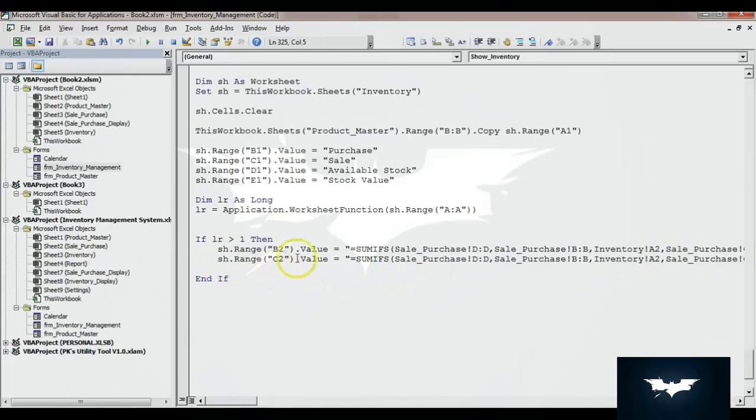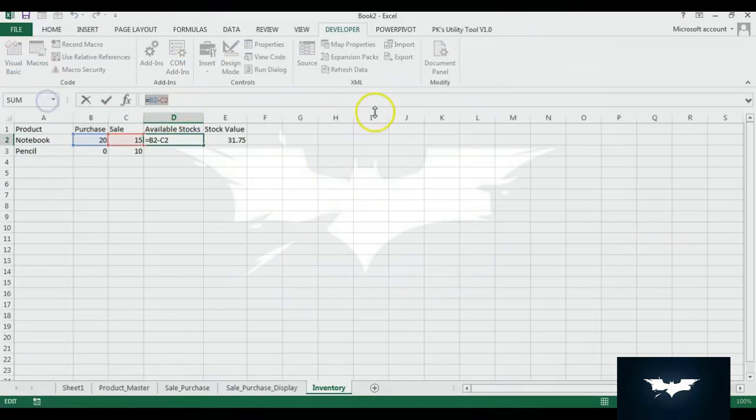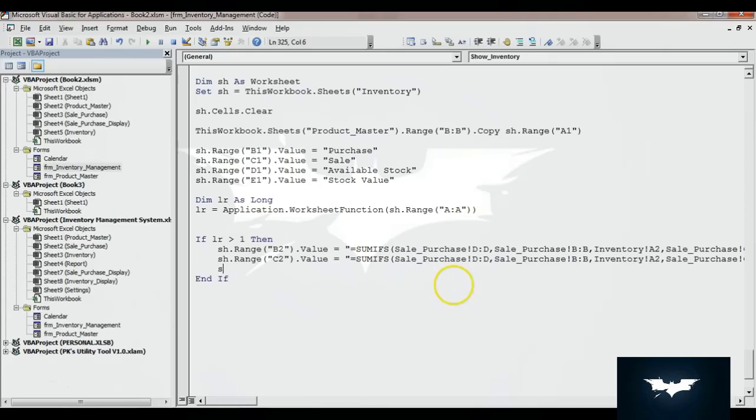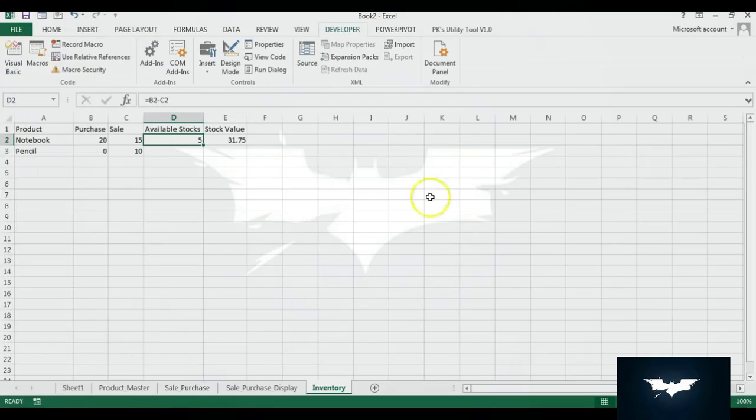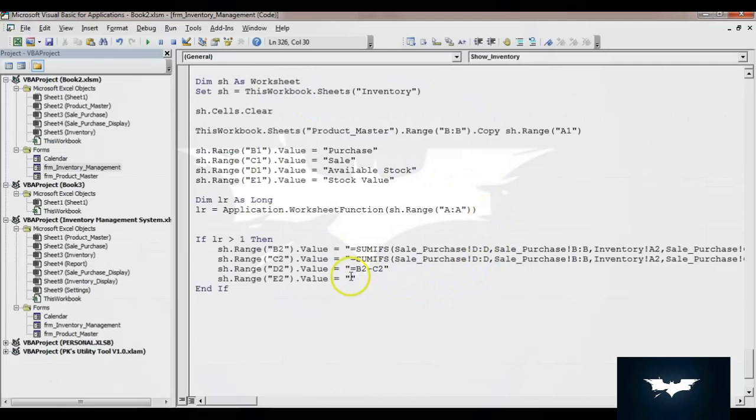And now the third formula will be the simple one, this one. We'll use here sh.range d2.value, then we will use sh.range e2.value, and here we will put the formula whatever we have put here. Just copy this, paste this here. Alright, so we have put all the formulas.